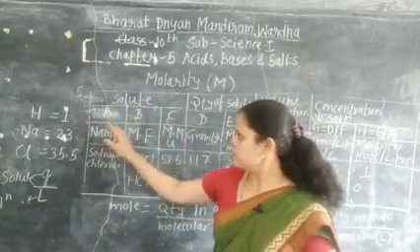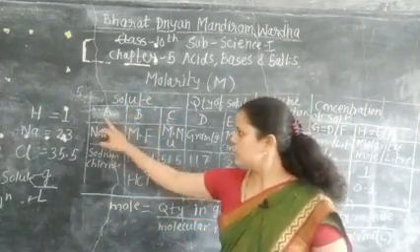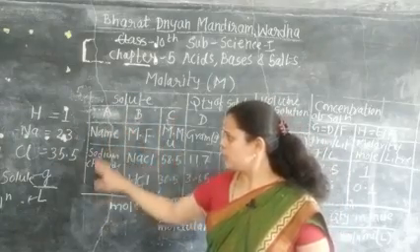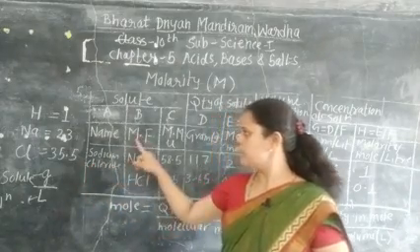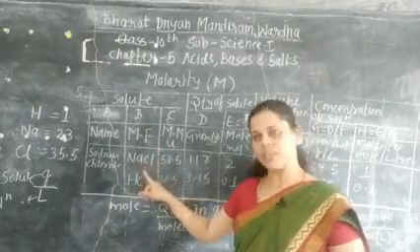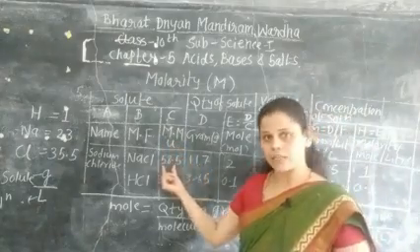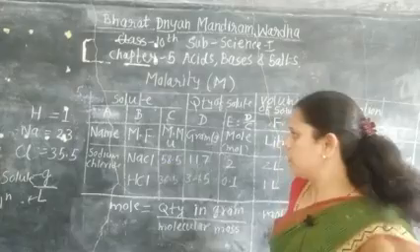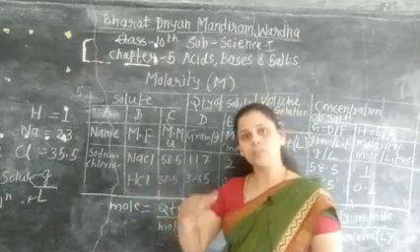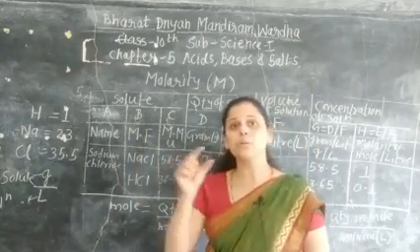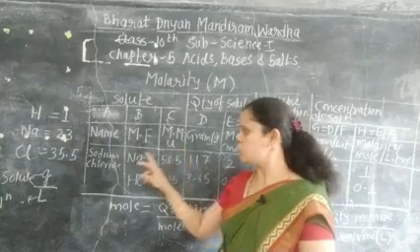Clear? Then in the solute column there are 3 sub-columns, A, B, C. In column A there is the name of the compound, sodium chloride, then its molecular formula, NaCl, then the molecular mass. Let me explain again how to calculate the molecular mass. I explained this topic before, but I repeat it. Find the molecular mass of NaCl.